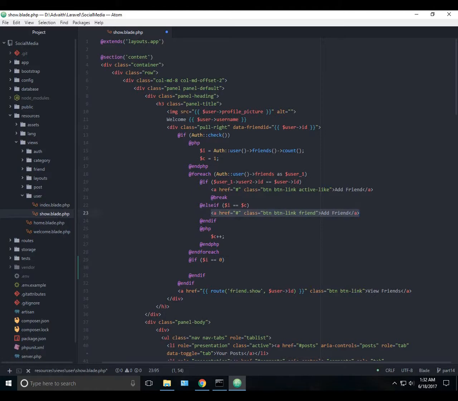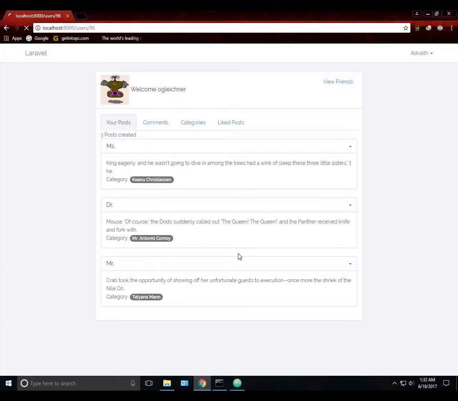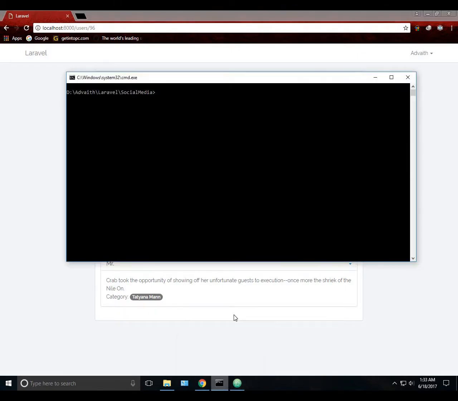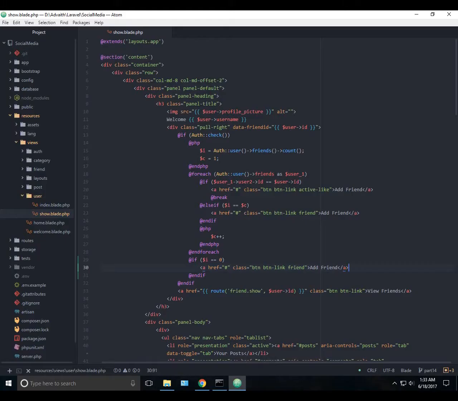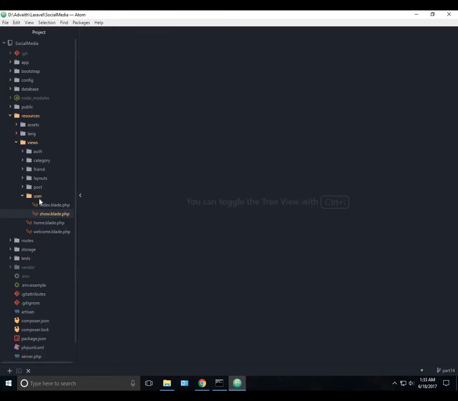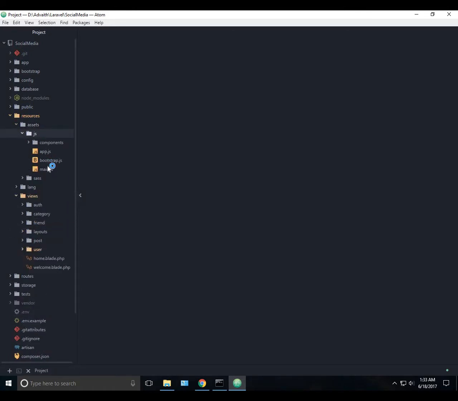If I equal to 0, then it will show the button. Now we can see the button right here. Now I will run npm run watch, because we are going to edit our main.js file. So I will move on to the remove friends function. So I will open my JS out here,